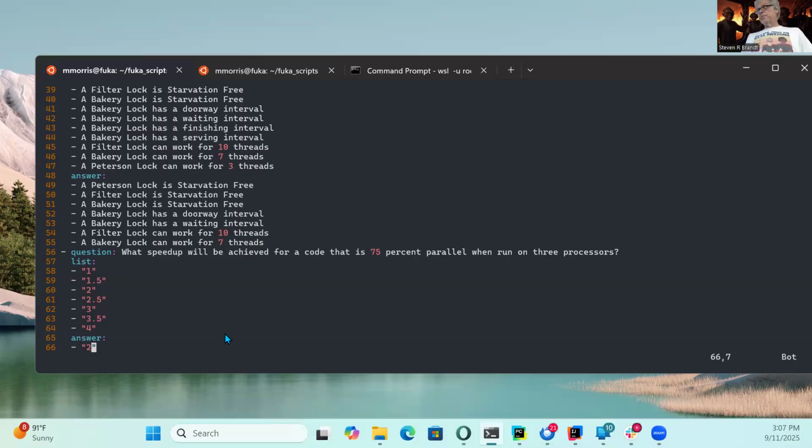Any other questions? Tristan: Do you think you can briefly explain the filter lock one more time? Yes, Reagan has asked me to completely redo chapter 2. Does anybody else have a question? I guess, could you go over the doorway and waiting interval for the bakery again? Yeah, okay, we're going to go over that. I'll try to breeze through chapter 2 again for you at some point, but I'm guessing you want to go over the homework first. Is that true? Yes.